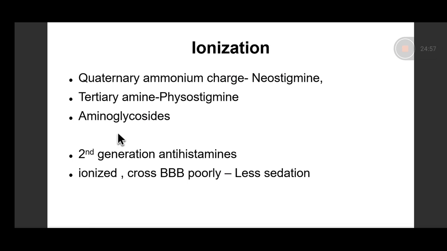Aminoglycosides are a very commonly used group of antibiotics. Now, aminoglycosides are polar compounds. Because they are polar, they cannot be given orally because they would not get absorbed in the intestine. Hence, aminoglycosides as antibiotics are always given as injections. Please remember why, and an example of an aminoglycoside is streptomycin. Another example, for local use, is neomycin. Okay, I'll talk about that when we talk of routes of drug administration.